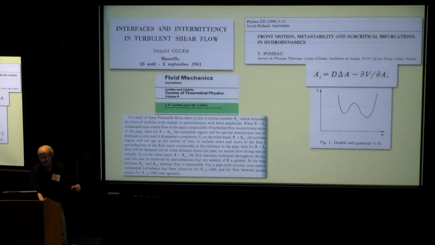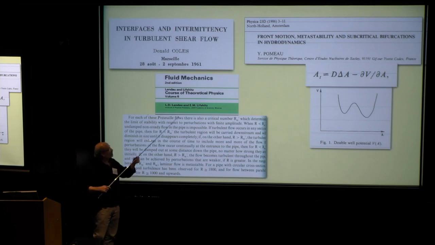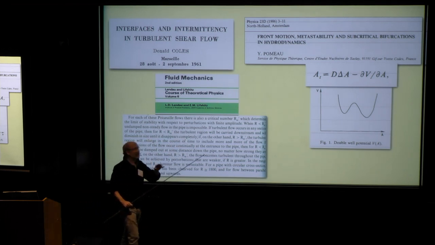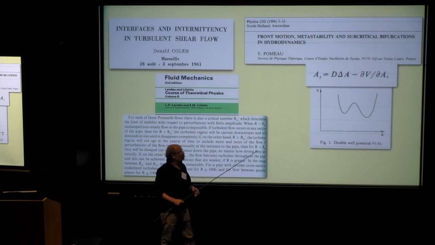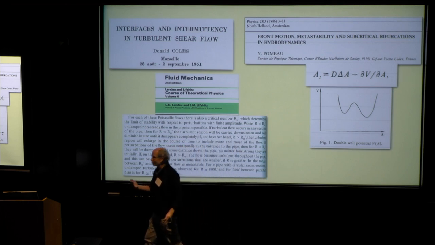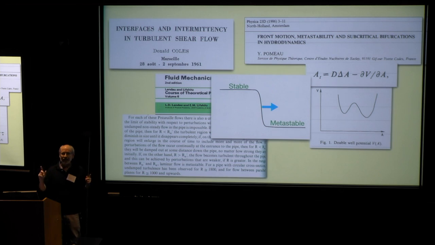Okay, all right. So everybody understood this long ago. I'm going to read some of this paragraph to you in a few minutes. This is from Landau and Lifshitz. Coles understood it. Yves Pomeau understood it very well, all right? And you can see, let's not make a simple story complicated. Basically, you view it as there's a free energy with two minima, one corresponding to laminar flow, one corresponding to turbulent flow. And if I just told you that, you could work out what is going to happen. So the idea is you have two states, one of which is stable, one of which is metastable, and the stable state will invade the metastable state.